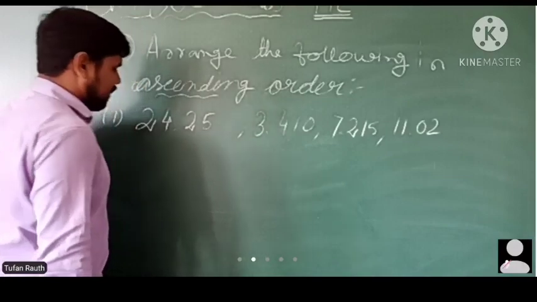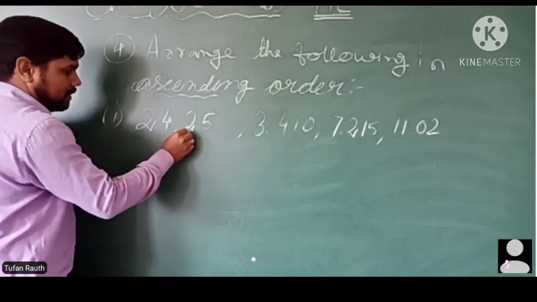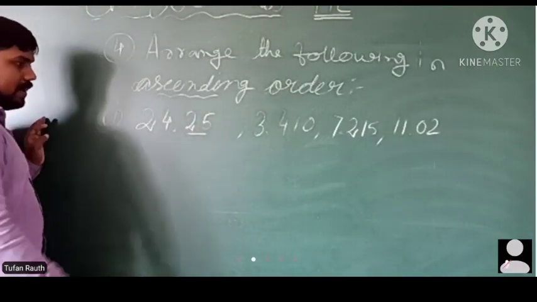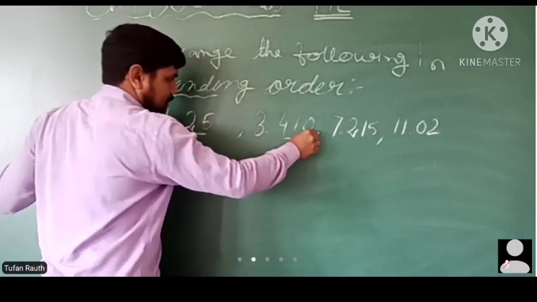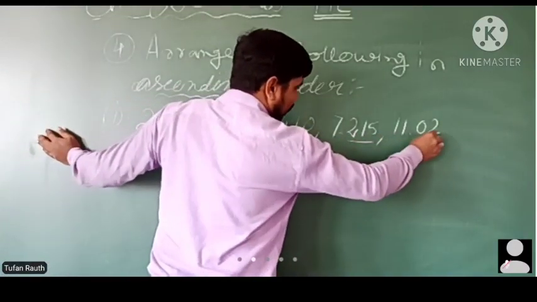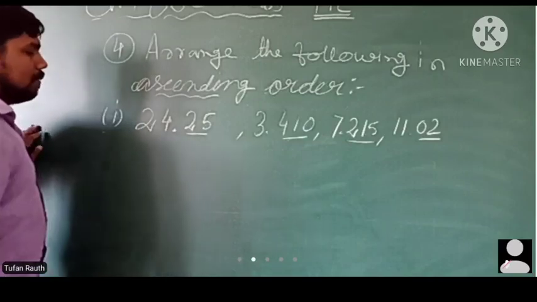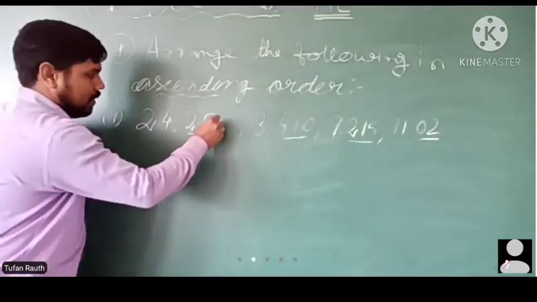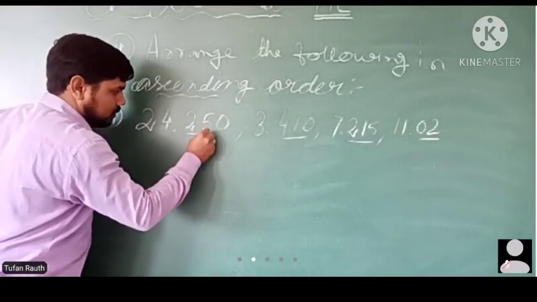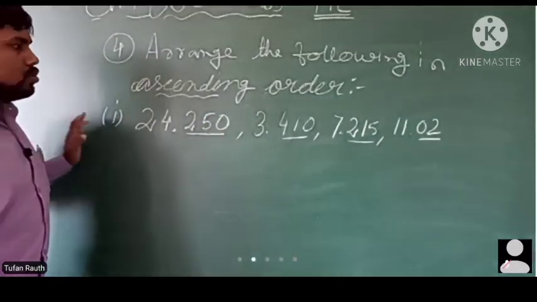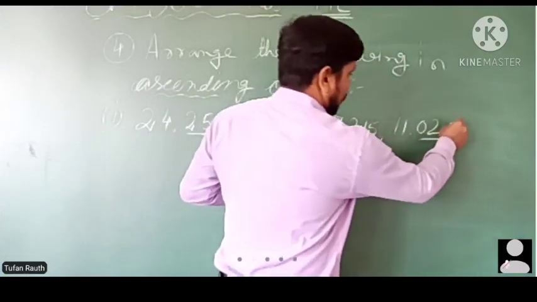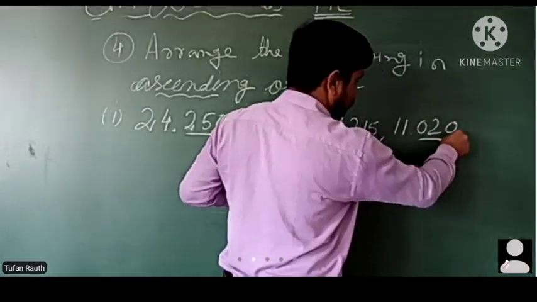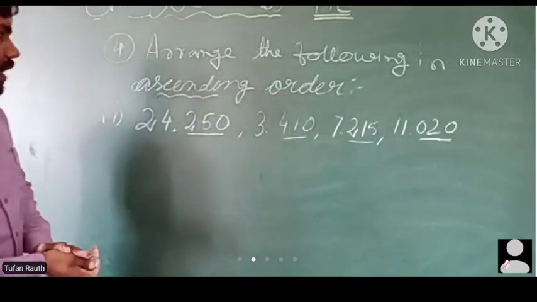तो सबसे पहले तो ये देखेंगे कि decimal के बाद क्या सारे digit same हैं. यहाँ पे 2 digit हैं, यहाँ पे 3 है, यहाँ पे भी 3 है, यहाँ पे भी 2 है. तो सबसे पहले हमें सारे decimal numbers को like में करने के लिए एक 0 इसमें add करना है और 3 digit का बनाना है. So we have made this also 3 digit and we have put a 0 here also, and this also becomes a 3 digit number. Now you can arrange in ascending order.